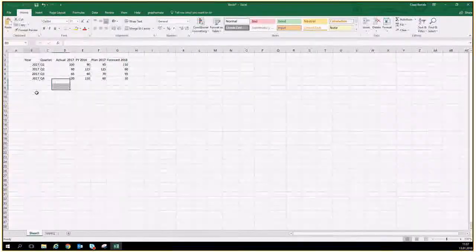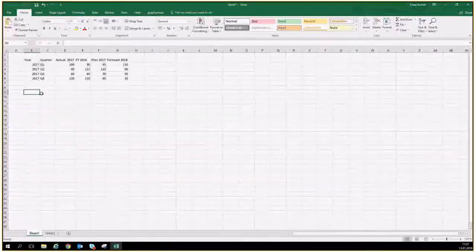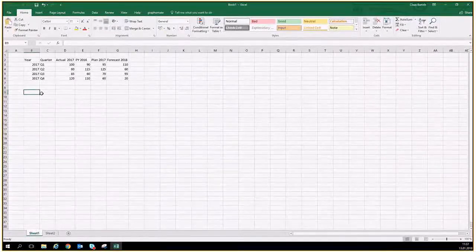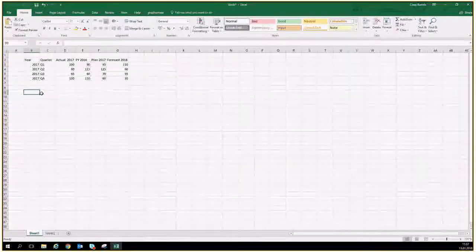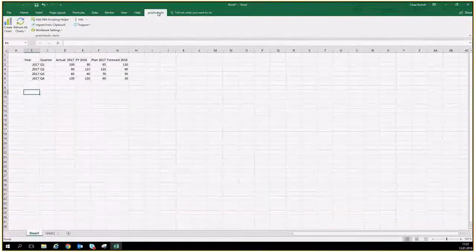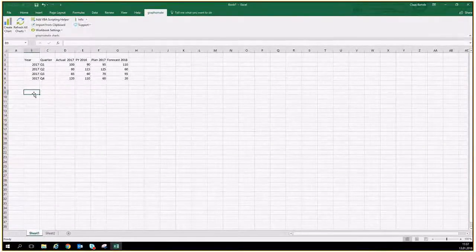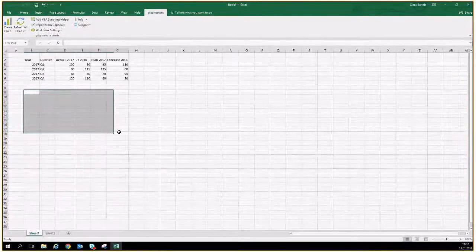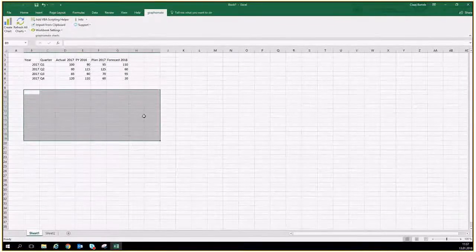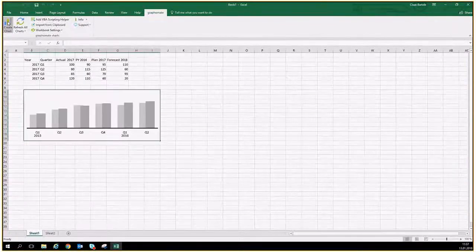And all of these key figures we would like to compare in a visual way so that it becomes much more easily readable rather than looking just at a plain table of data. So this is quite easy to do with Graphomate. We have this additional tab in Excel which we can use. So we just mark an area where we want the chart to be placed and click the Create Chart button,